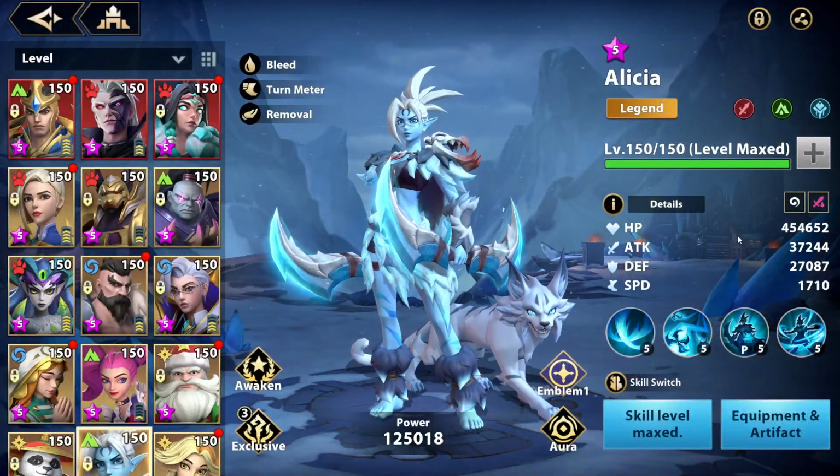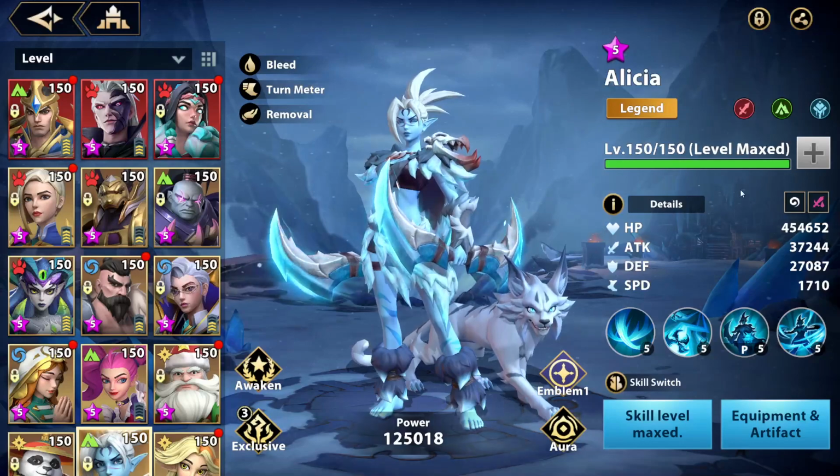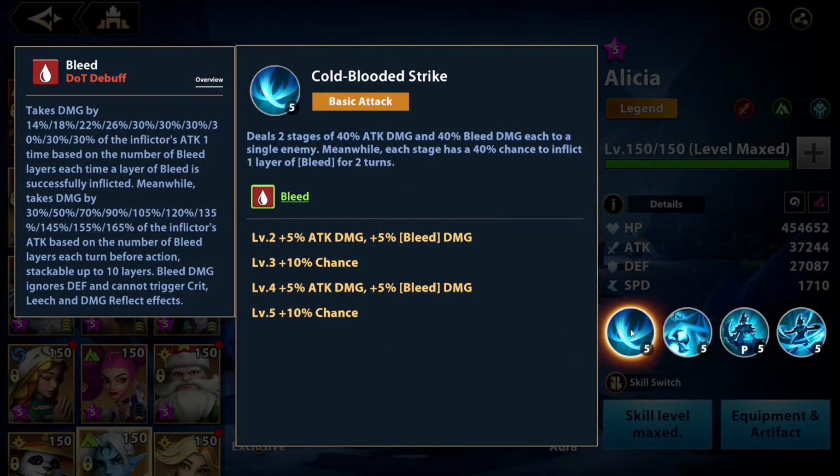In today's video we're gonna talk about my favorite hero, Alicia. So she was released recently, I think around 1 month ago or maybe a little bit more. So let's get started. So her basic is Cold-Blooded Strike. Deals 2 stages of 40% attack damage and 40% bleed damage each to a single enemy. Meanwhile, each stage has 40% chance to inflict 1 layer of bleed for 2 turns, which is pretty decent, I